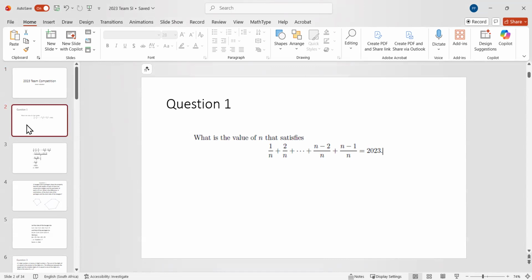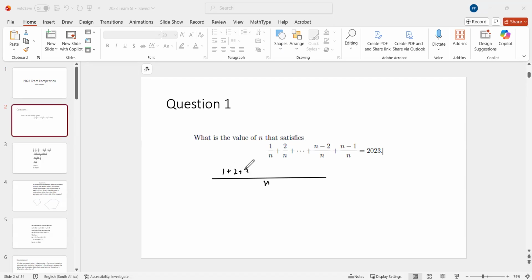As you can see, question 1 gives you a sum of fractions all equal to 2023. And the problem is to find the number n. Evidently, n is an integer. As you can see, the numerators are increasing from 1, 2, up to n minus 1. The left-hand side has a common denominator, n, so we can put that down. And when you simplify this, the denominator is n, and at the numerator, you have the sum